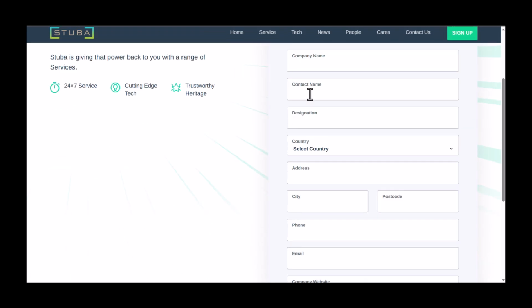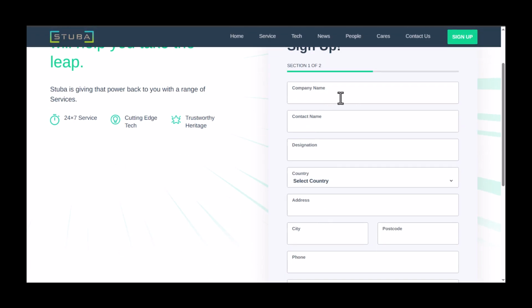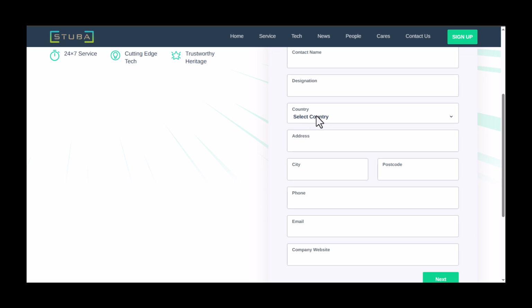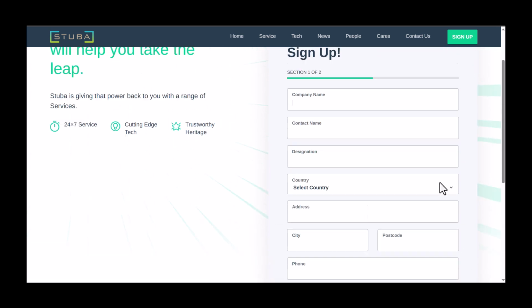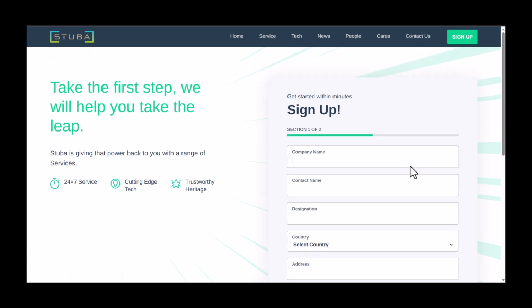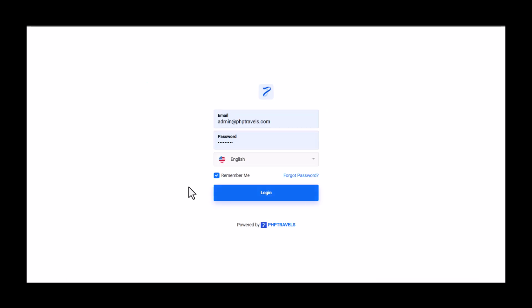On sign up, they have this form. You just need to fill in your company name, contact name, designation, country, address, etc., and move to the next step to complete the form. Once you complete it, within maybe one or two days, someone from Stuba will contact you and you can obtain the API keys. And once you have the API keys, you just need to log into your admin panel